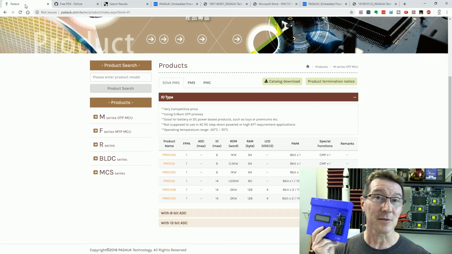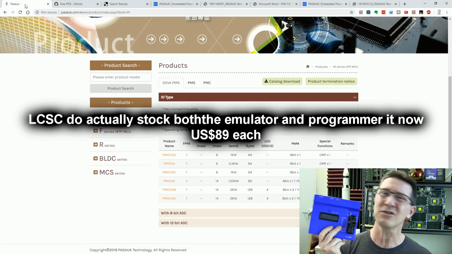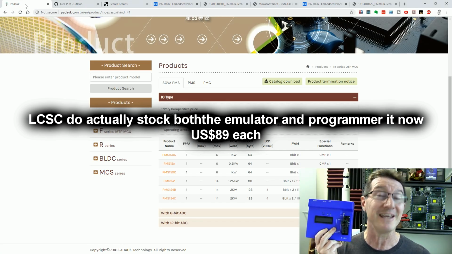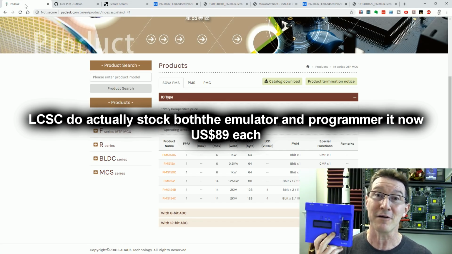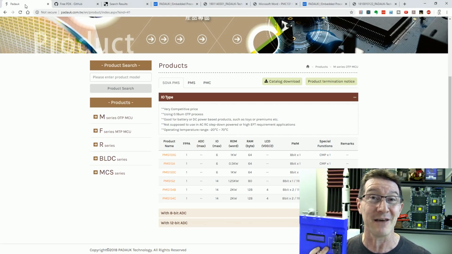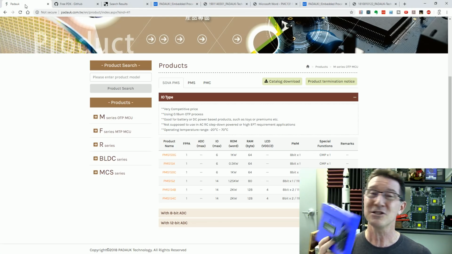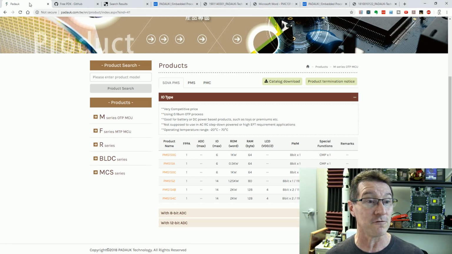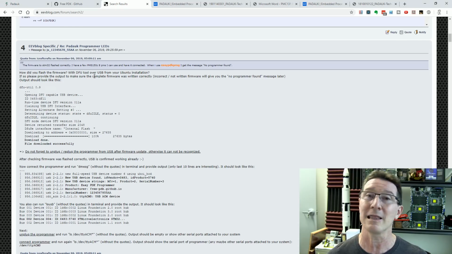So this particular programmer and emulator, whilst it's not that expensive, is actually quite difficult to get a hold of. You've got to buy it from some weird Asian suppliers you've almost certainly never dealt with before. It's not that simple. So a bunch of users on the EEVblog forum have, I can't list them all, sorry,